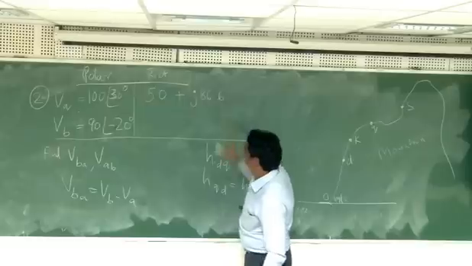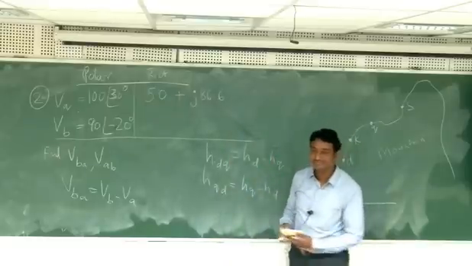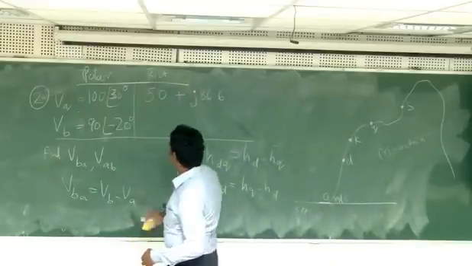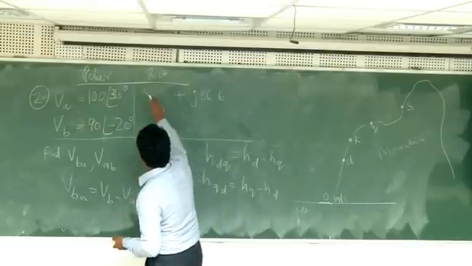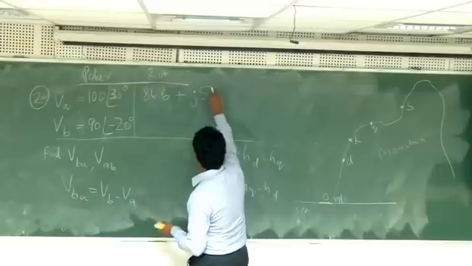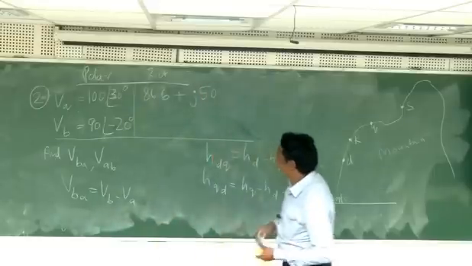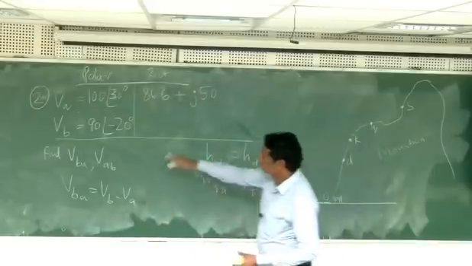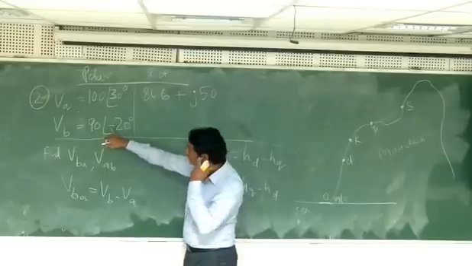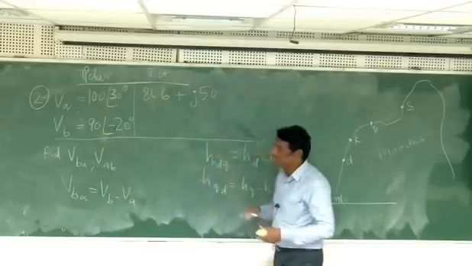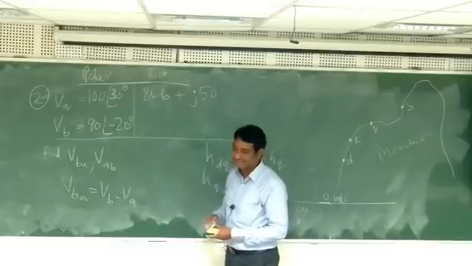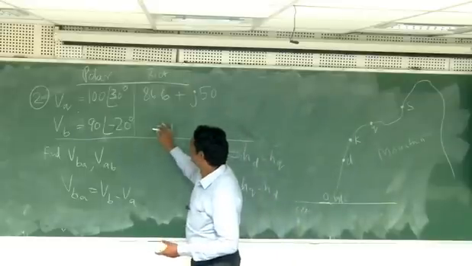So what is the 86.6? Reverse. First cos will come, no? Yeah. 86.6 and then 50. So I was taking sine first. Now what about this one? There is a minus here. Minus, so you should be careful. What is this? So what is 90 cos 20?